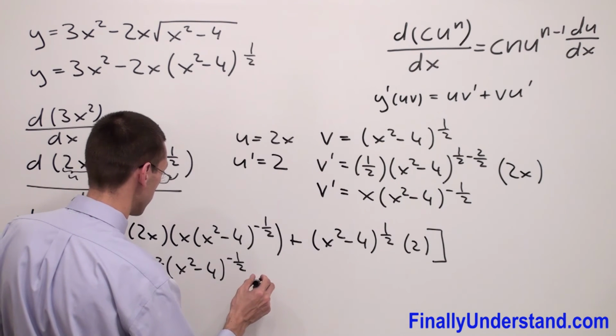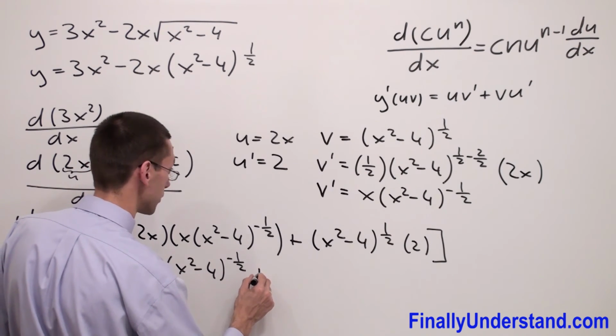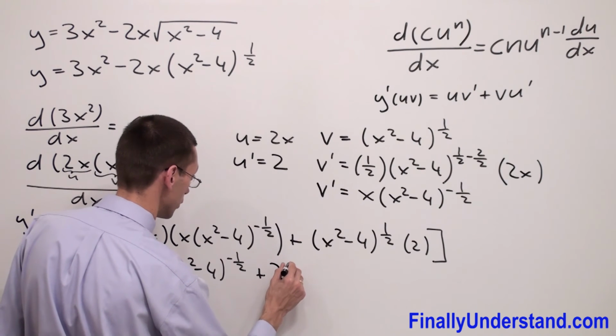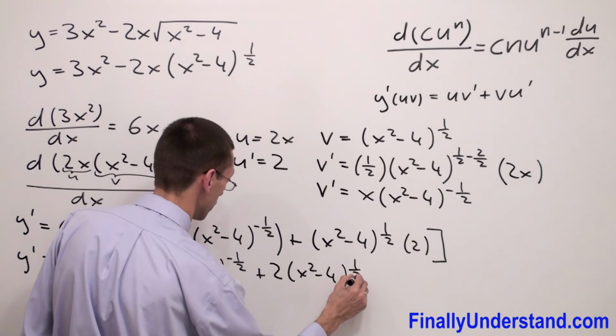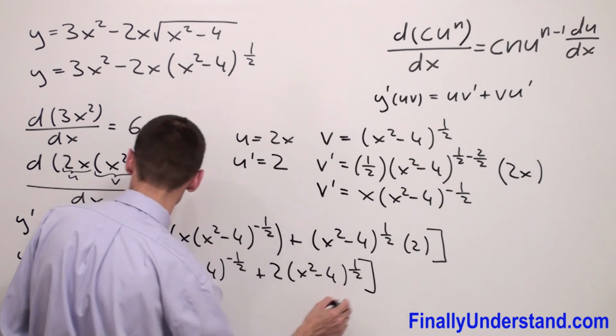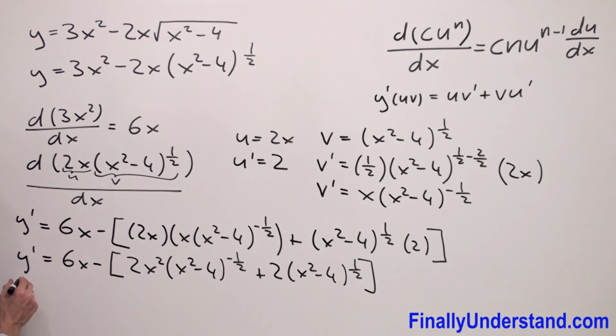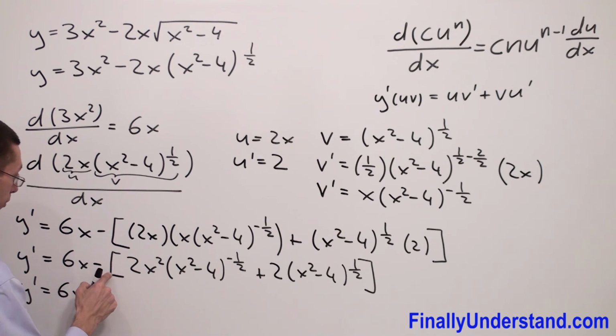And I have plus 2 times (x squared minus 4) to power 1/2. Close the brackets. Can continue, and we have y prime is equal 6x, I'm going to eliminate the brackets, minus